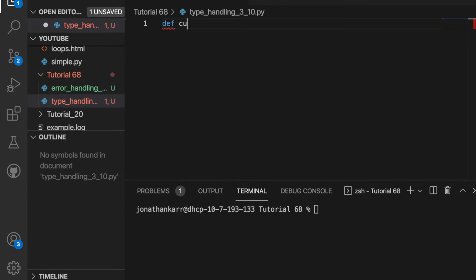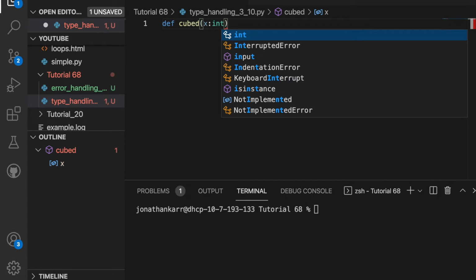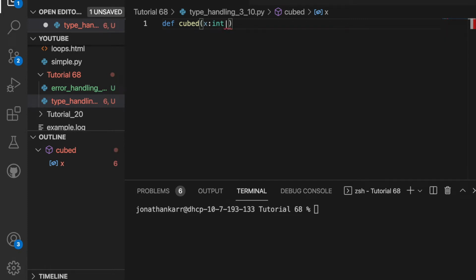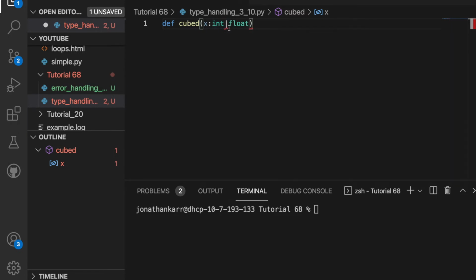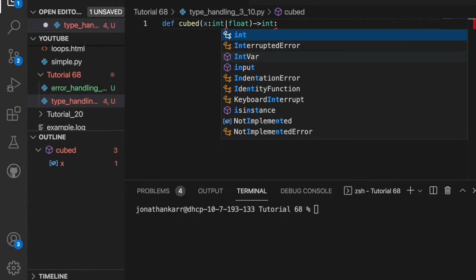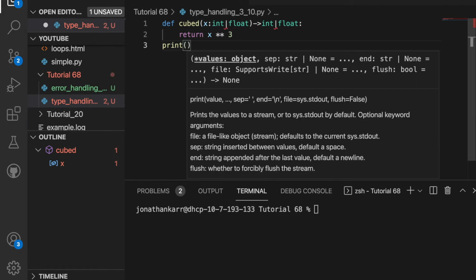Now let's move on to the next feature that's improved, which is type handling. I'm gonna create a function that cubes a number, and it's gonna have one parameter x. If I wanted multiple types, I would have to import the typing module if I was using Python 3.9. However, if I want x to be an integer or a float, I just have to do this symbol here, and then let's say it's going to return an integer or a float, so I'll do the same thing here. So I'll just return x to the power of 3, and then I want to print this, so let's print